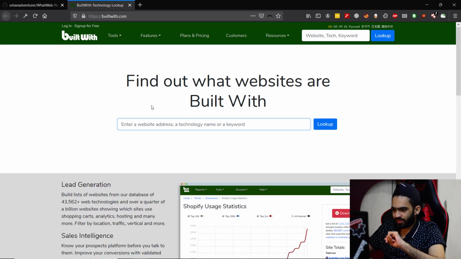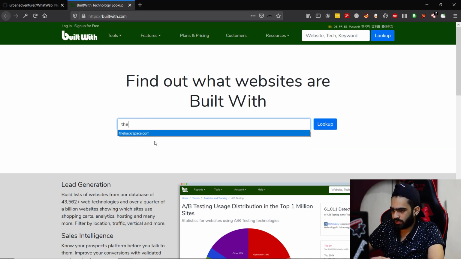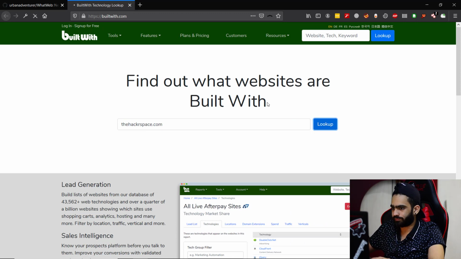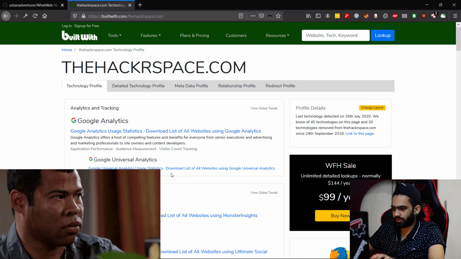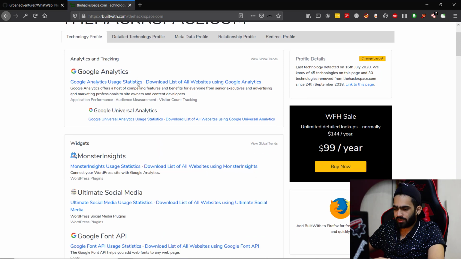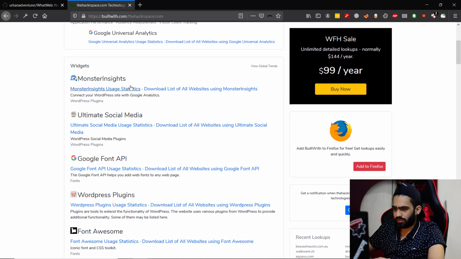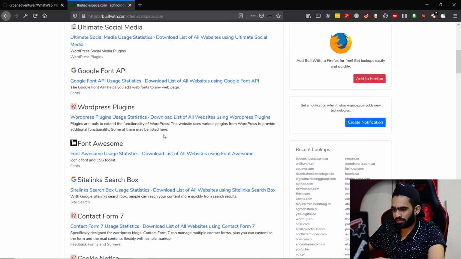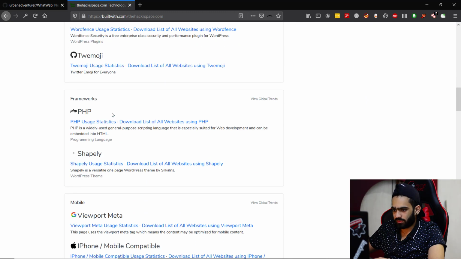Anyways, if you still are a visual guy, here you can just enter anything, let's say hackerspace.com. Hopefully we do not find anything sensitive here. Now you can see that it tells everything, that it uses Google Analytics, it uses the widget, it's using Monster Insights, Ultimate Social Media, WordPress plugin. By this you can just say it's using WordPress. It also tells the frameworks which it uses, PHP, Shapely,